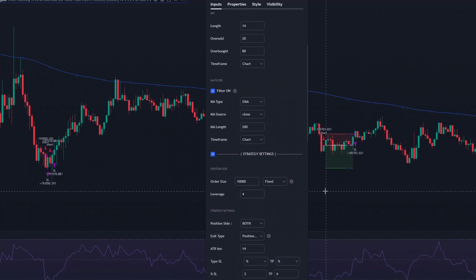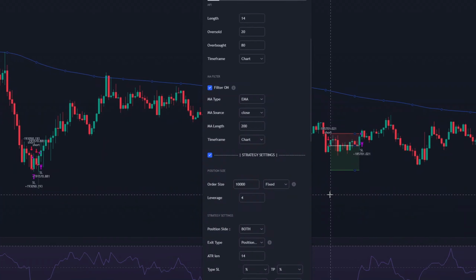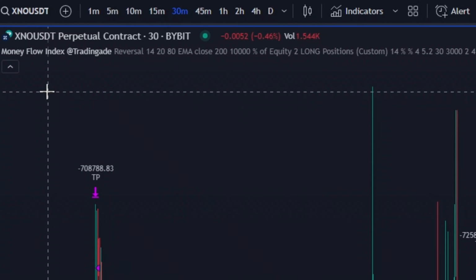Okay, so now that we understand all the rules, all the filters and all the stuff, we are ready to jump into the backtest. We are here on XNO USDT, 30 minutes time frame, on Bybit exchange, which is my